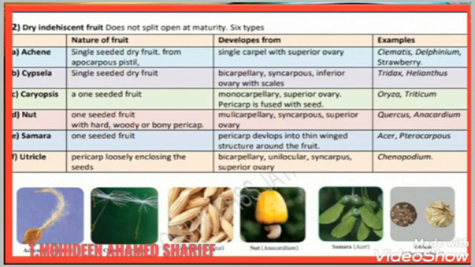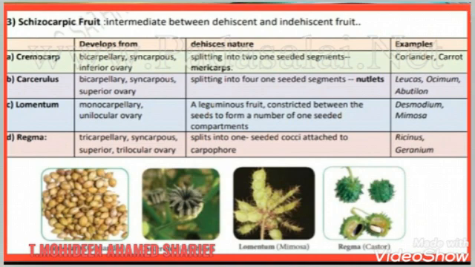So an aggregate fruit develops from a single flower having an apocarpous pistil. Each of the free carpels develops into a simple fruitlet. A collection of simple fruitlets makes an aggregate fruit. An individual ovary develops into a drupe, achene, follicle or berry. An aggregate of those fruits borne by a single flower is known as etaerio. Example, magnolia, raspberry, annona and polyalthia.